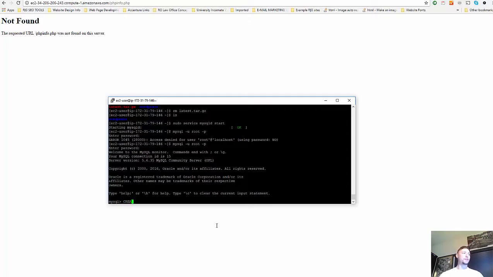So you want to say CREATE USER, all caps, and then you're going to want to go single quote, not the double quotes, but the single quote. Okay, you say single quote, and then you want to name your user. All right, let's call him, for us, it's going to be AWS Design. Okay. And I'll change this information later, so don't try to hack into me. And then you're going to have localhost, because you're local. And then you're going to hit the caps lock key and go IDENTIFIED BY,